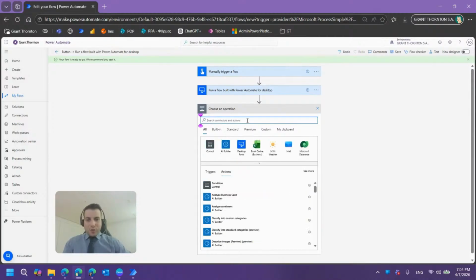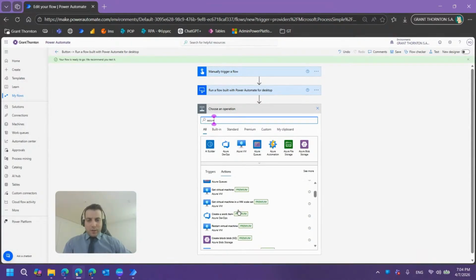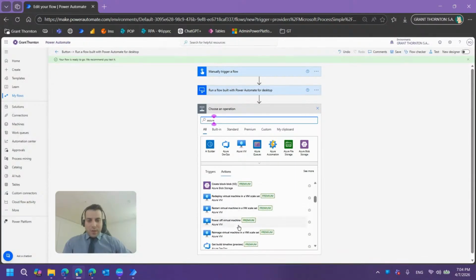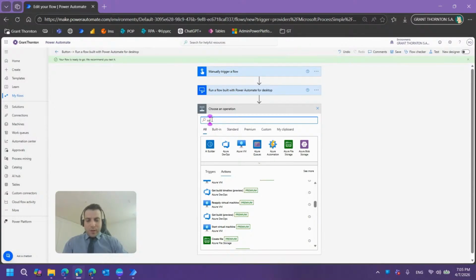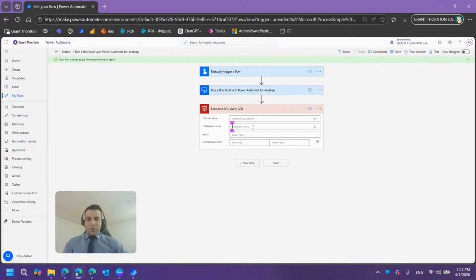We have a lot of actions here. I can send an email or put it in Azure. So if we click here Azure, we see everything that is relevant to it. Run a prompt or create a job in Azure Automation in Logic Apps, and we can run SQL Server, but we need to do modification on Azure or the SQL Server in order to have a database, etc. So that was a demo,